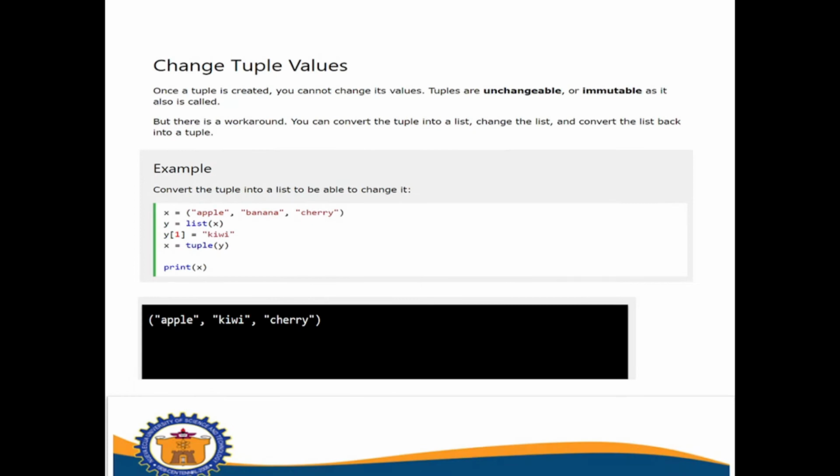Next naman, change tuple values. Sabi natin, once tuples is created, you cannot change its values. So tuples are unchangeable or immutable as it is also called. But there is a workaround. You can convert the tuple into a list, change the list, and convert it back into a tuple. So, yun yung technique na gagawin naman natin, class, para from tuple, gagawin natin siyang list and then babalik natin siya ulit kay tuple. Kasi hindi na nga natin mababago yung elements pagka tuple pa rin yung kanyang